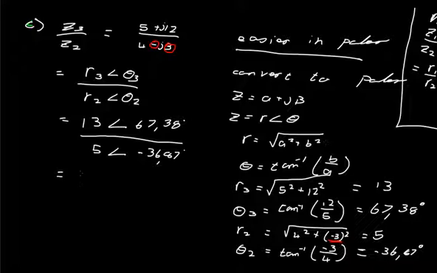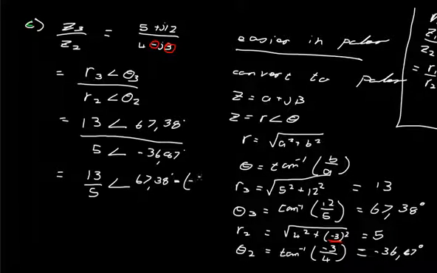So if we apply that here, this is equal to 13 over 5 angle 67.38 degrees minus negative 36.87 degrees, which is equal to, 13 over 5 is 2.6, so that's 2.6 angle